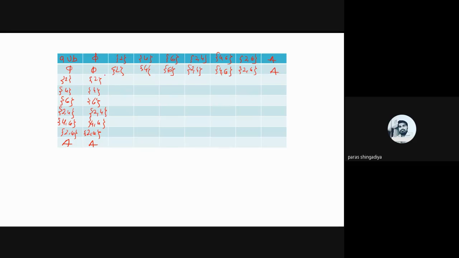Clear? And now change the number: 2 with 2 का union, that is 2. 2 with 4 का union, that is 2 4. ठीक है, दोनों नंबर को आपको कंबाइन करना है. 2 with 2 6 का union होगा 2 6. 2 with 2 4, और 2 दो बार रिपीट हो रहा है तो आपको वन टाइम ही लेना है. ठीक है. Now 2 with 4 6, तो 2 with 4 6 का union होगा 2 4 6. ठीक है, और 2 4 6 क्या है, that is capital A, so you can use this notation here, otherwise you can write 2 4 6 form.